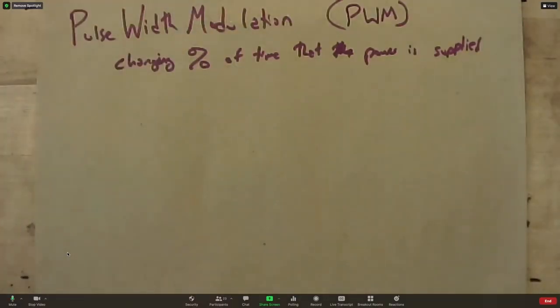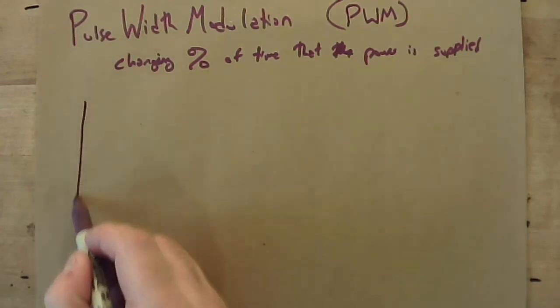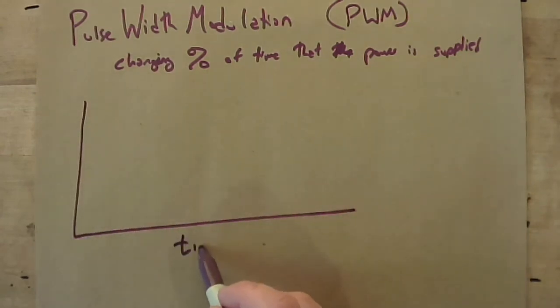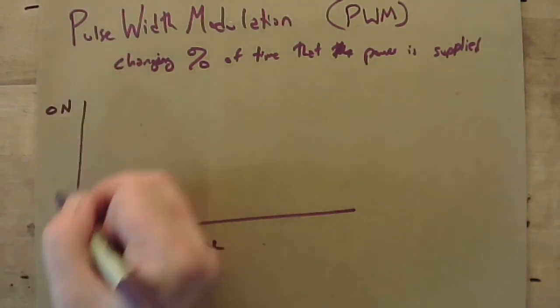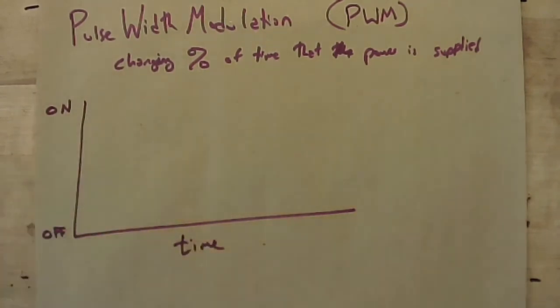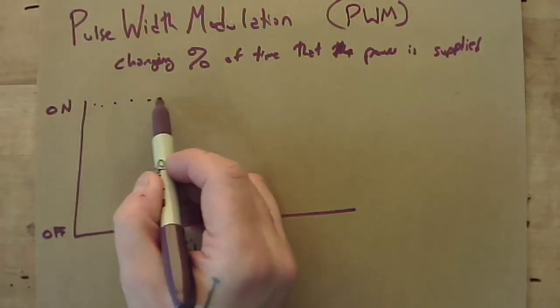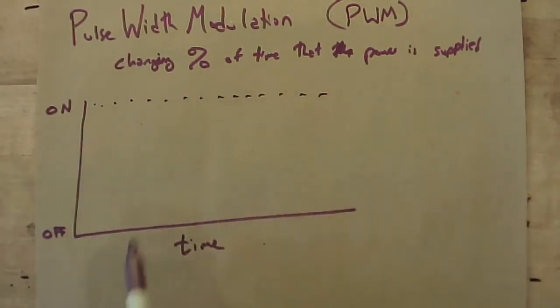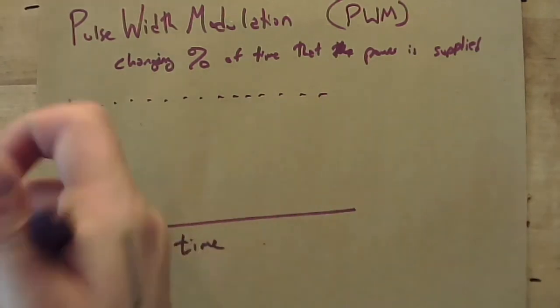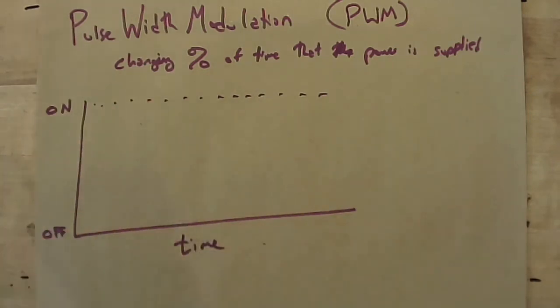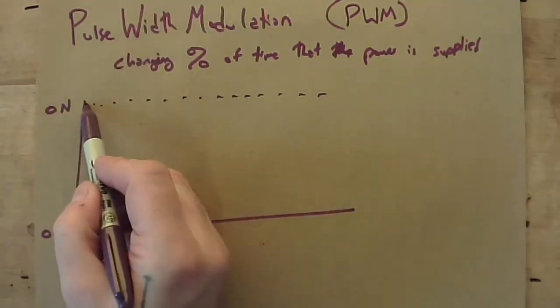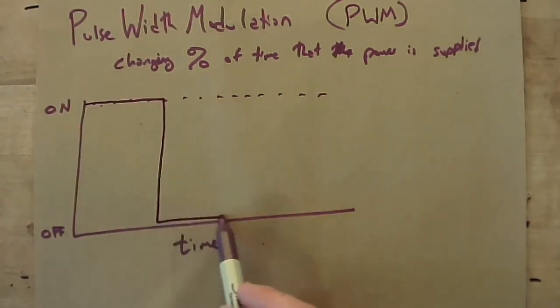So turning that into a graph, if we have our graph with time on the bottom, we'll just keep it easy: on and off for an LED. If we are just supplying power to it and we aren't using PWM, the graph will just be a line up here, and if we turn it off, we just have a line down here. If we turn it on, off, on, off, on, off, where it's on the same amount of time as it is off,